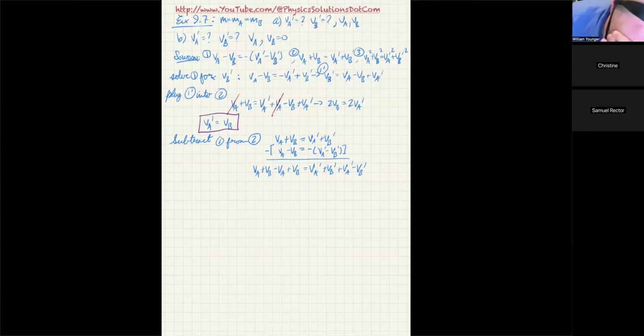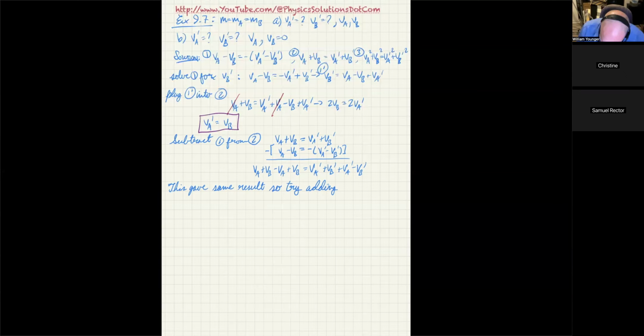In this case, it looks like the VB prime is disappearing and the VA is disappearing. So it looks like we're going to get the same expression. So I shouldn't have subtracted that one. Maybe I should try adding them. So this gave the same result. Do y'all see what I mean when I said it gave the same result? Basically, I was still getting VA, VB is equal to VA prime. So that doesn't help me. So now I'm going to try adding them.